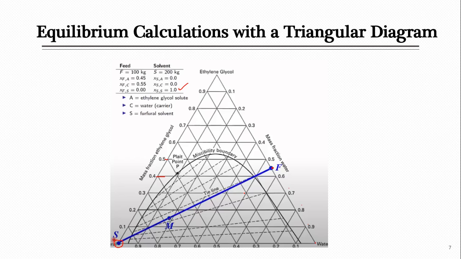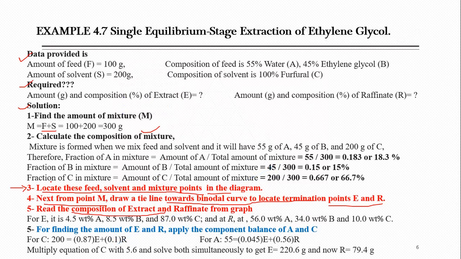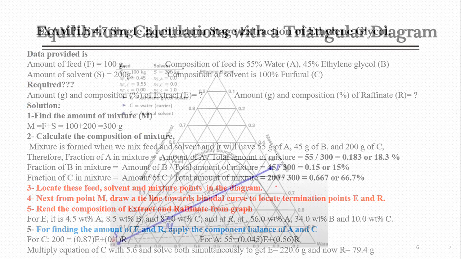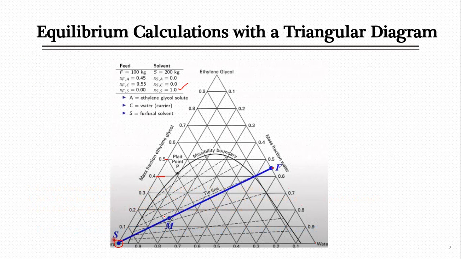Now our task was not just to draw this line; our task is in the next step. Here you can see, first of all, we located the feed, solvent and mixture point on the diagram. Then from the mixture point M, draw a tie line towards the binodal curve to locate termination points E and R. We have already discussed in the lecture before this that you have to draw a line to calculate